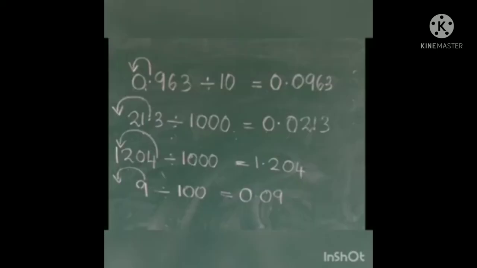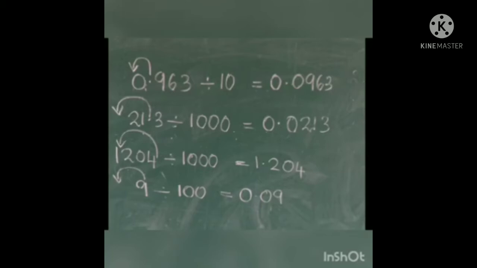So we'll see one example. 0.963 divided by 10. So first, in 10 how many zeros are there? 1 0. So the decimal point should shift by one position. And where will it shift? Since it is division here, it should shift to the left. That is, the decimal point is here. It should go here by one place. Then the answer is 0.0963. Earlier the point was here, isn't it? Then we have to shift it to the left. So I added a 0 here because there is no number, so I added 0.